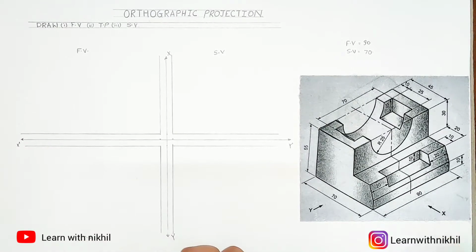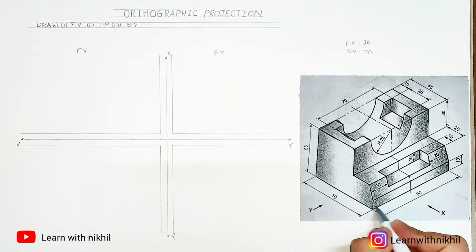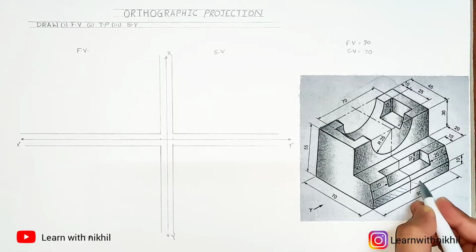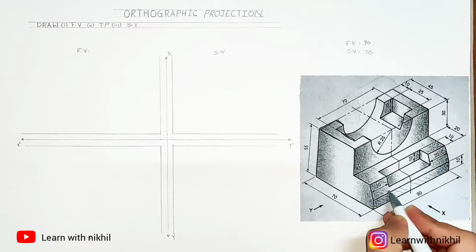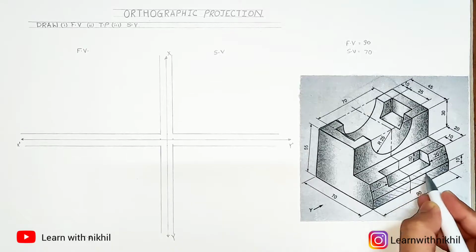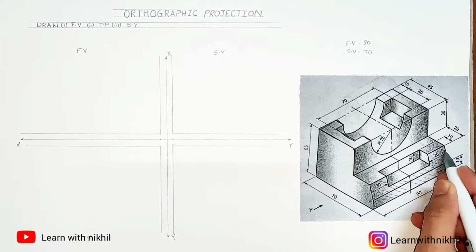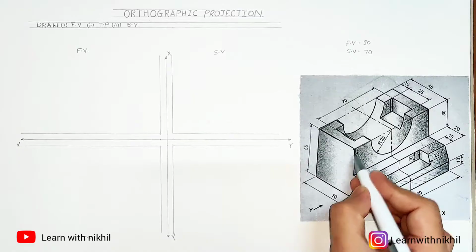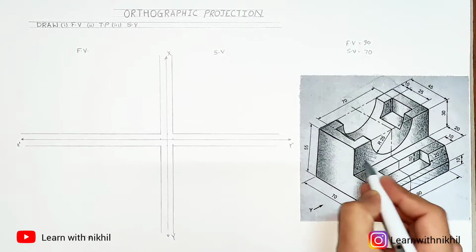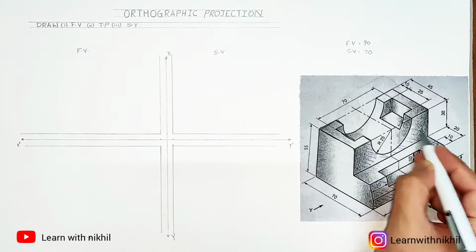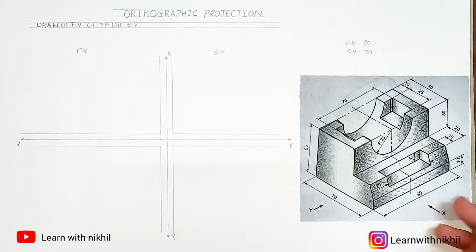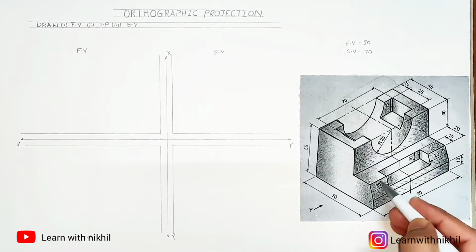Now I'll just highlight the part which will be visible from the front view. So this rectangular block, then this slant part will look like a rectangle from the front view. It will look slant from the side view. This rectangular box with the semicircle in between. Semicircle is a gap, so it will be a hole, half hole.